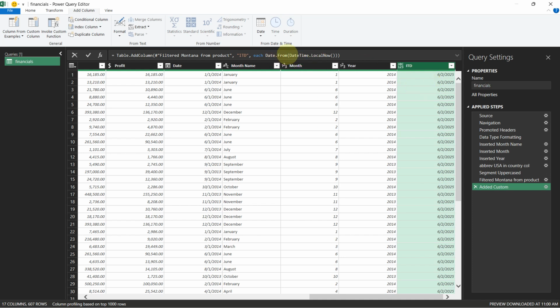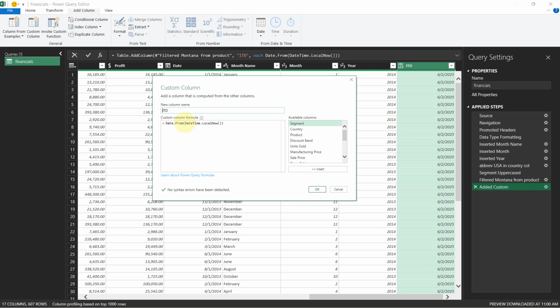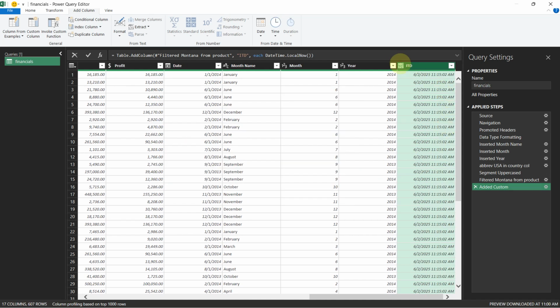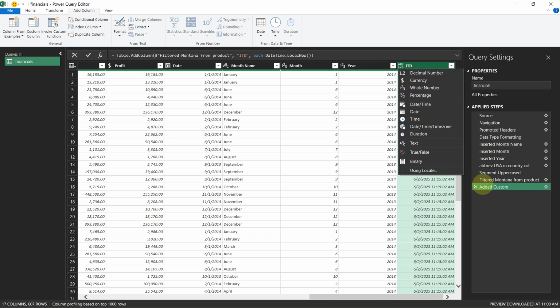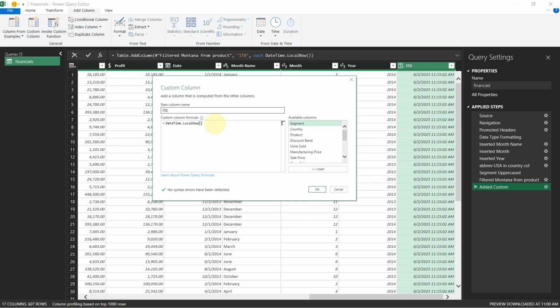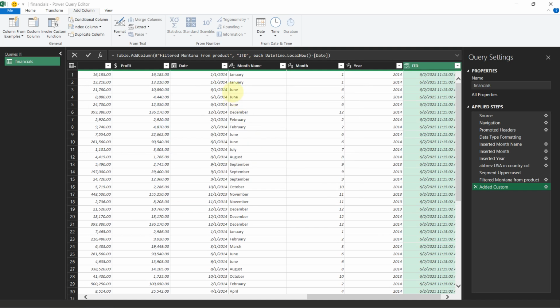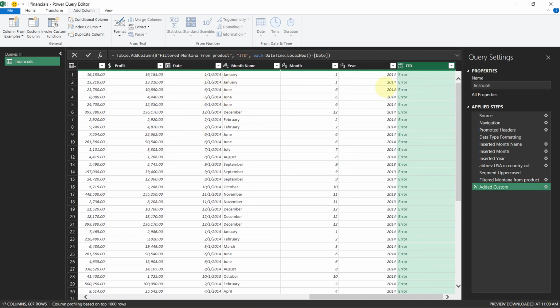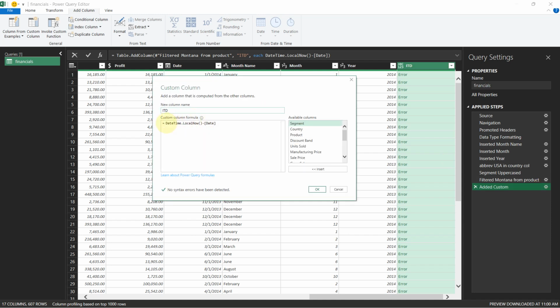So it will be date from, because if I say just date time local now, it's going to give me both date and time that I don't want. I'll now start formatting, and what I want to do is a minus. If I say minus this particular date here, it's going to give me an error because this is formatted as date alone, while the output of this date time dot now is in date time. So what I'm then going to do is just the date from